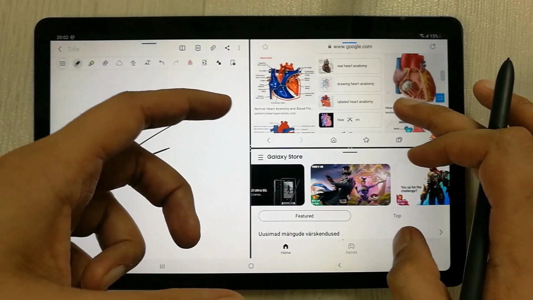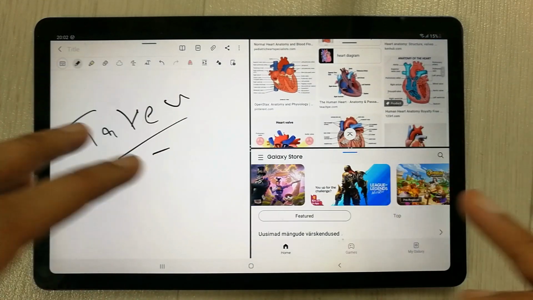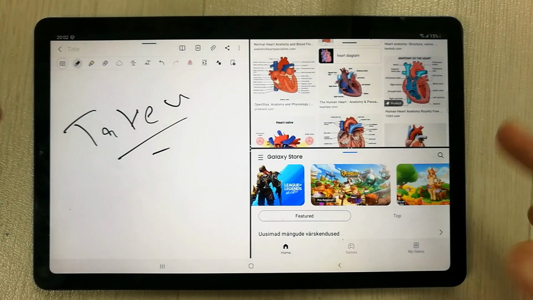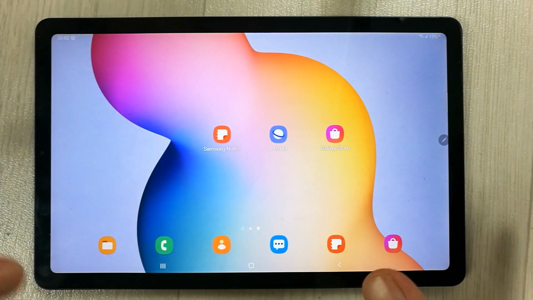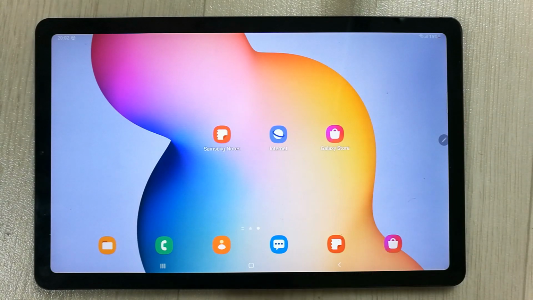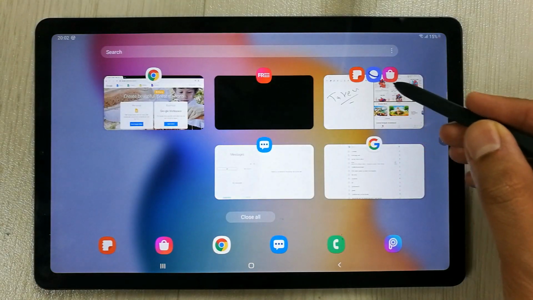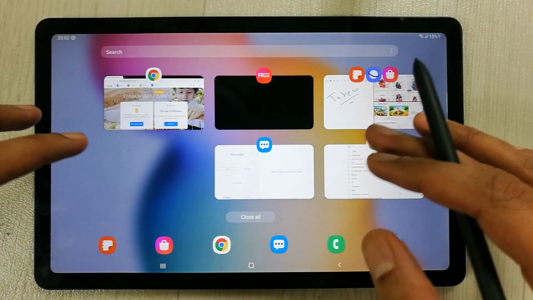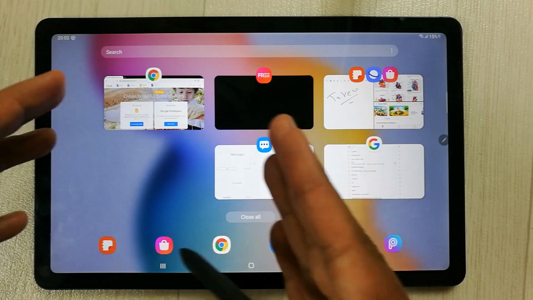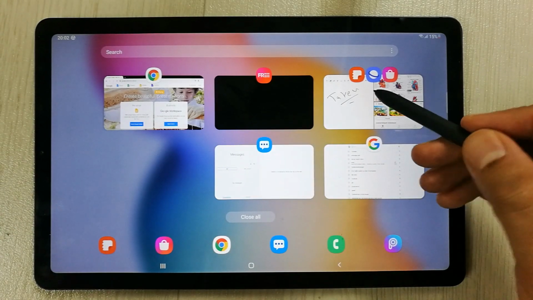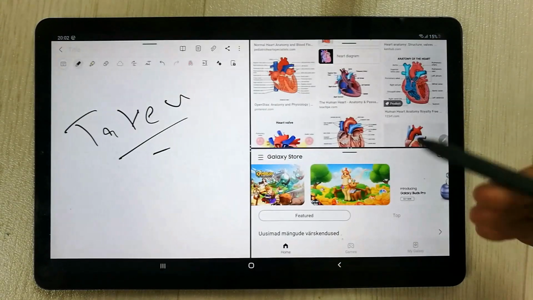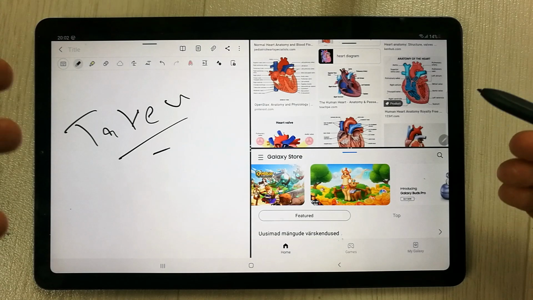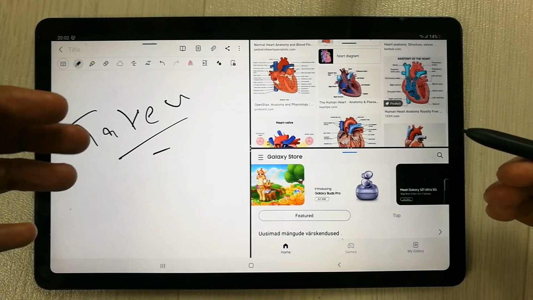You can use the internet, the Galaxy Store, or if you have multiple apps, you can use those. For example, if you press the home button, the three apps are gone, and now you want to re-access them. Simply, in the split screen mode, press this recent button, and the apps that you opened in split screen are over here. If you have more apps, they will also show here. I just click it, and these apps are in front of you in the same condition that you left them before.